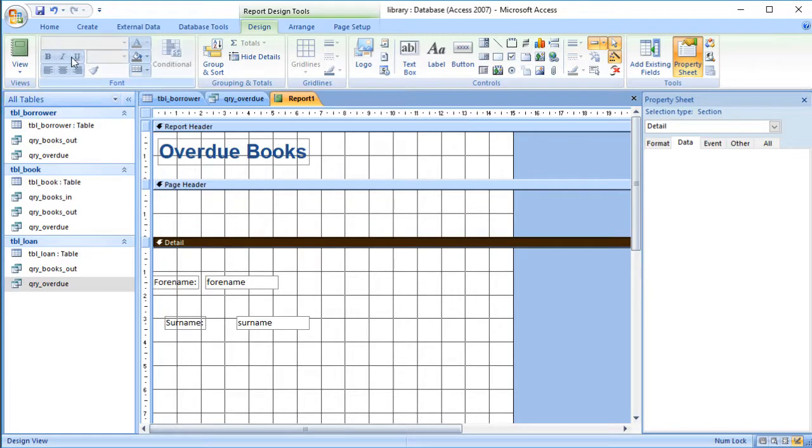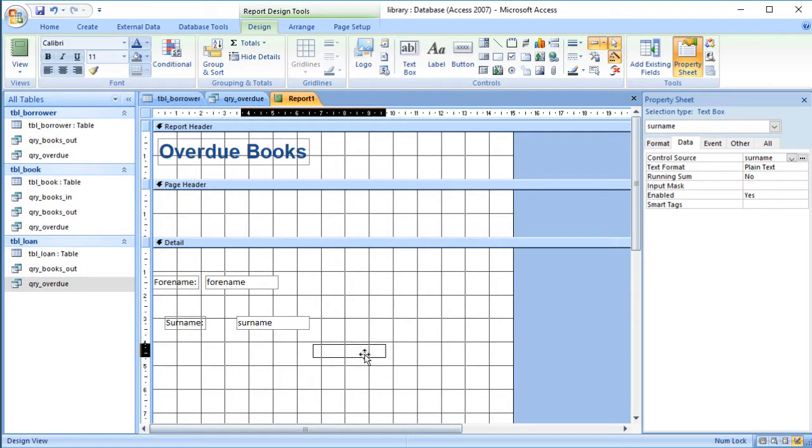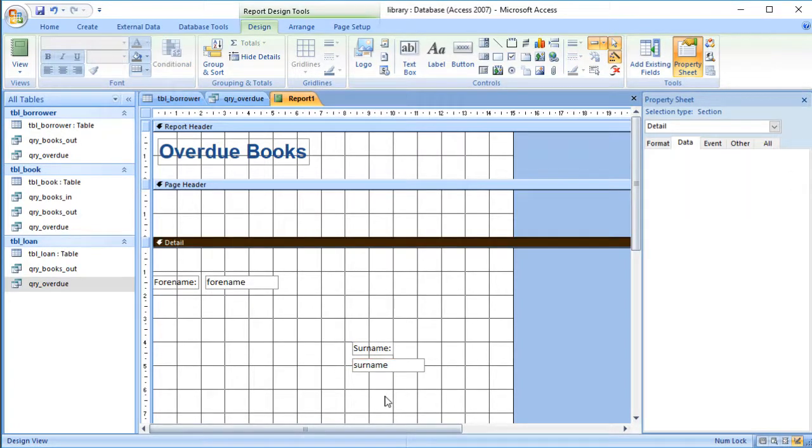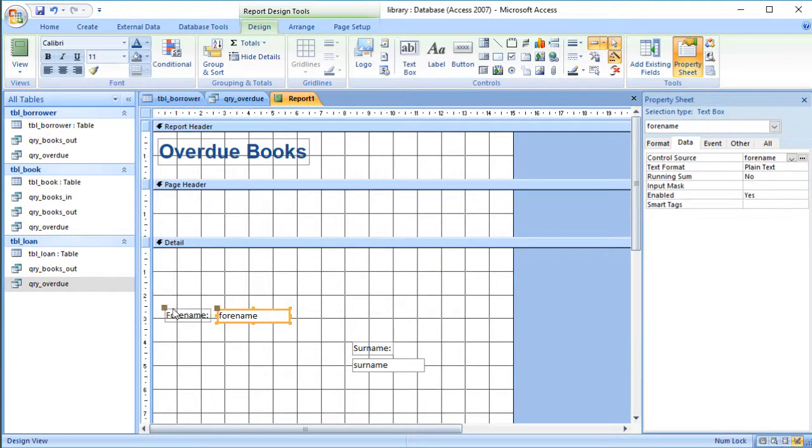You can also use any of the standard formatting options. You can make them bold, for example. If you move one of them, so if I move surname, for example, it doesn't look like the label is moving, but when I let go of the button, they both move together. If I want to move them individually, I can use these big boxes on the corner. So if I wanted to make a sort of table and have the labels above the field names, I can do that. Unfortunately, you can't drag these into a separate section, so I can't drag them into the header, but